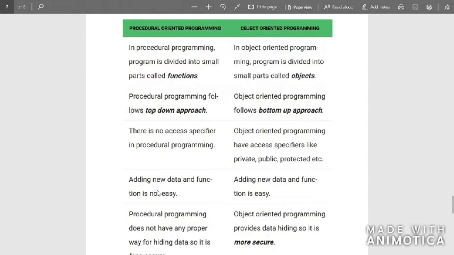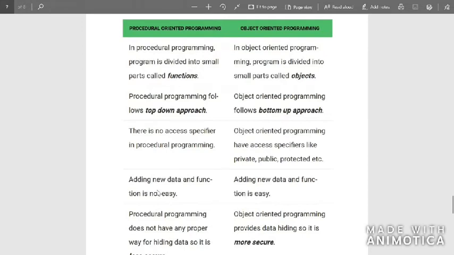Access specifier is, let's take an example. You have the keys to your own house, but your neighbors or your relatives won't have the keys to your house. So here you are restricting the access, or denying access of other people to the house. Only the person who has the key can get inside the house. In the same way, in procedure-oriented programming, anybody can access the data, but in object-oriented programming, they have private, public, protected. Let's just take them as keys. So if anybody has the key, then only they can access that particular data. If they don't have the key, they cannot access the data.